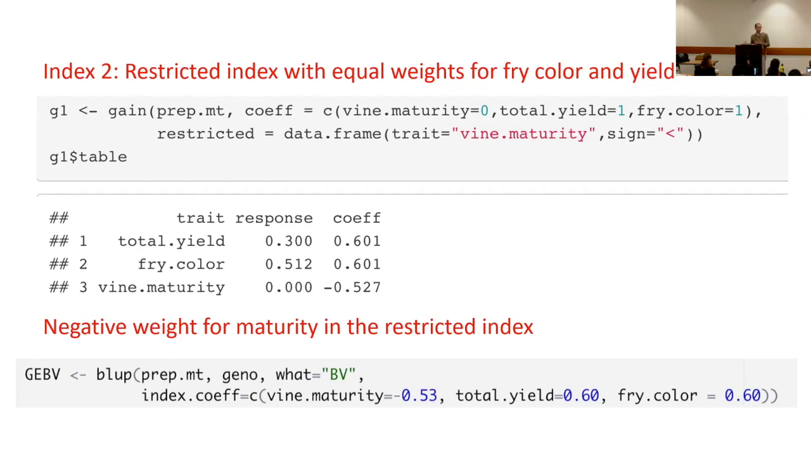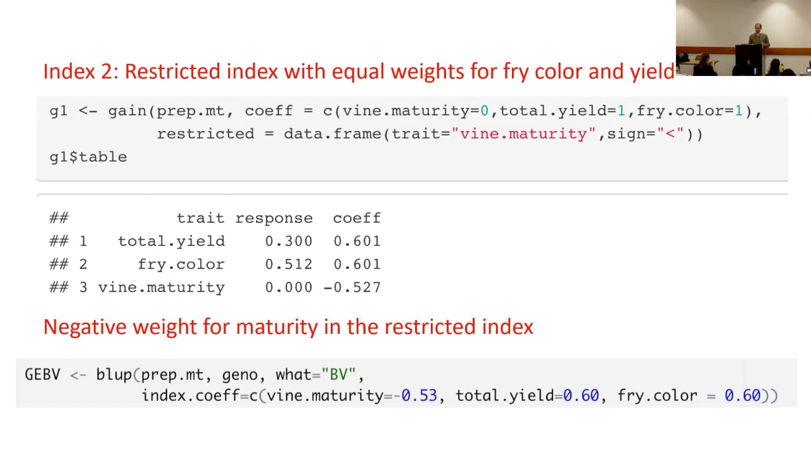But in the paper, I do give a toy example where I show situations where you actually derive some benefits in terms of getting a better optimal response. And you can see that the price for restricting the gain for maturity to 0 is that we give up gain for yield. There has to be a penalty. So I've reduced my gain for yield down to 0.3, but I've been able to maintain my gain for fry